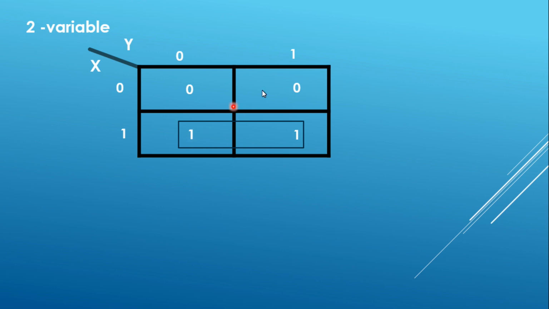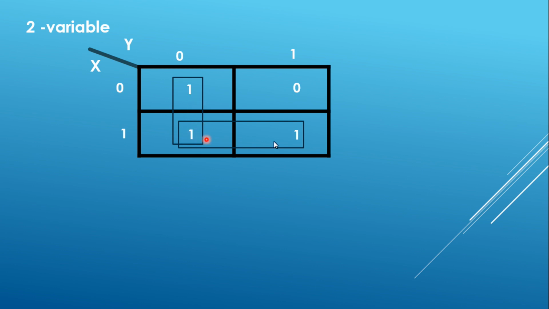Now in this particular example, which you can see 1 1, right? So there can be only one type of grouping. It is horizontal grouping. But in this case, what you see, this is 1 and here also it is 1. So this is the horizontal grouping, and this one and this one can be combined together to form a vertical group. Okay, so there are 2 groups formed. One is the horizontal group and the second one is the vertical group.